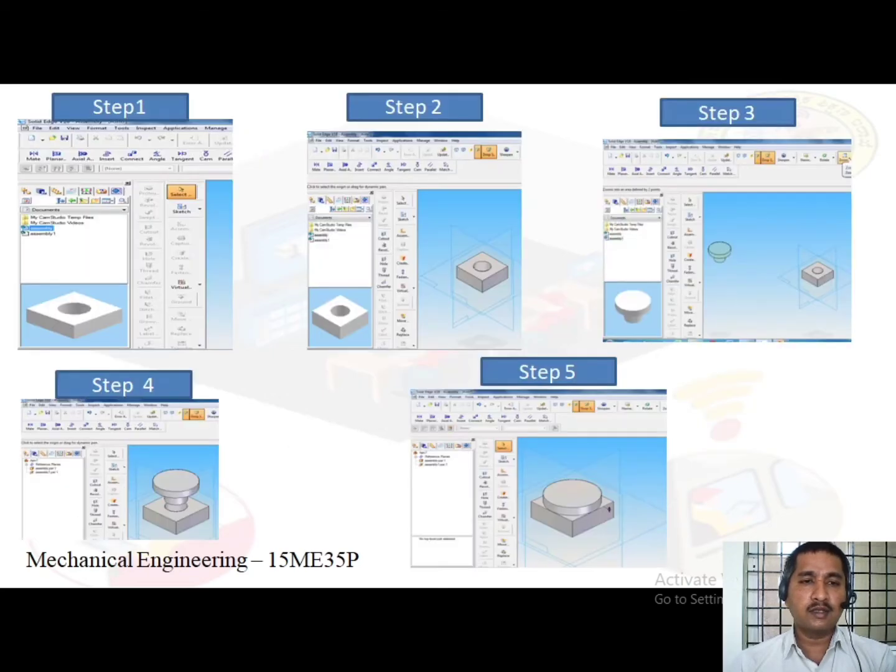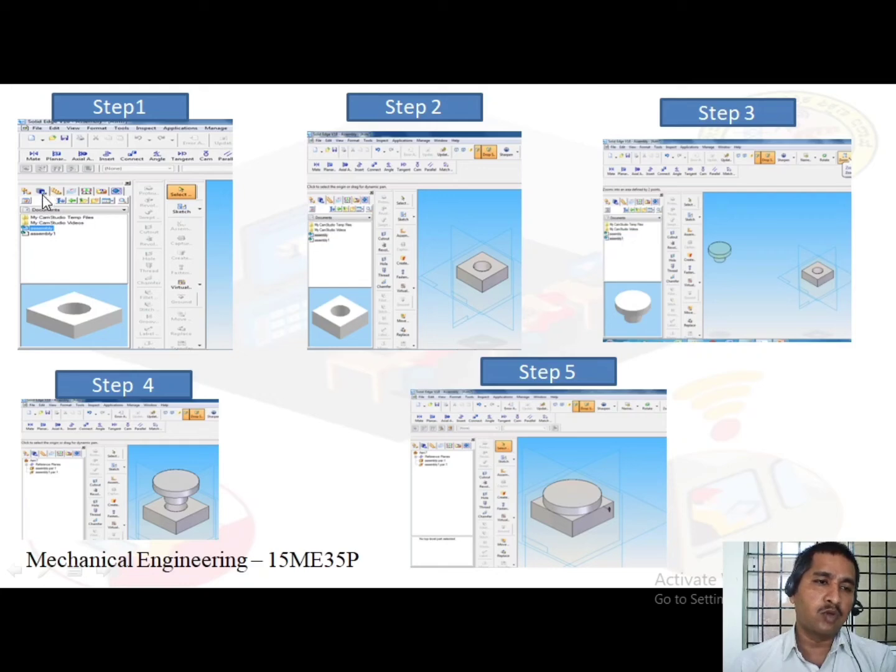Next slide. These are the steps for constructing a bottom up approach assembly design. So here, the first step shows the assembly environment. Click here the library command.